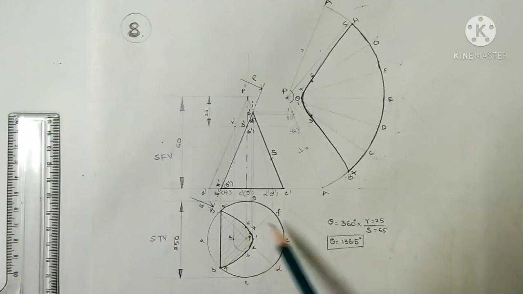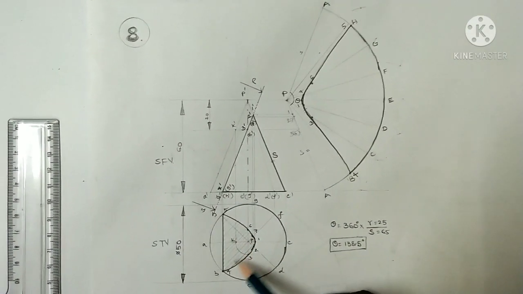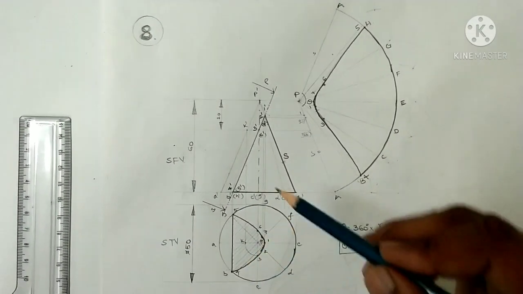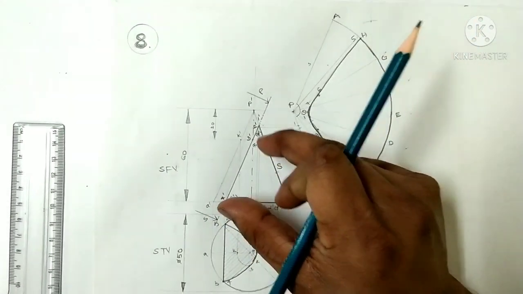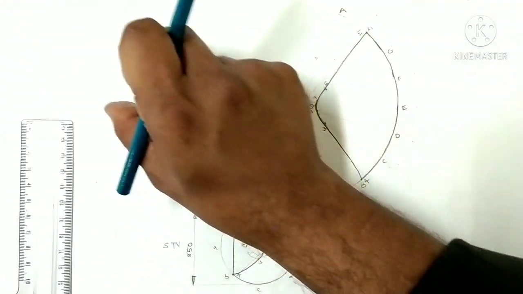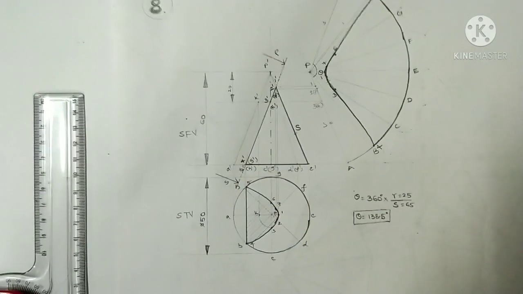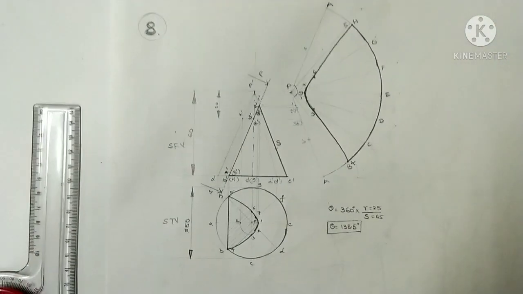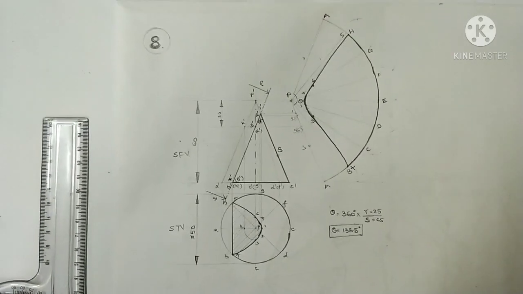This one is representing the sectional top view, this one is the sectional front view, and this cut surface represents the apparent shape of the cut surface. And for the purpose of true shape, I have explained in the offline lectures. For true shape, I have explained the procedure. You can follow the same procedure and construct the true shape here. That is the homework. So here in this particular sheet, that means the development of lateral surfaces sheet, totally we have completed 8 problems.